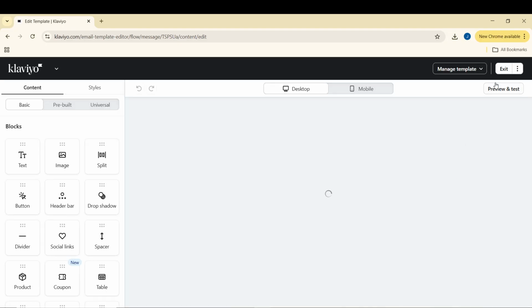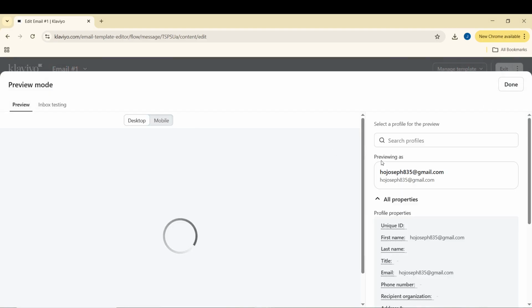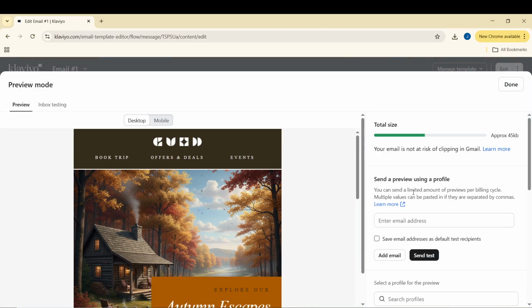In the Preview and Test area, click Preview with a profile. Using a profile preview is helpful because it can populate any dynamic fields that depend on subscriber data. This gives you a more realistic view of what a recipient will see, including any conditional sections you may have added to the email. When you are ready to send the email to yourself for a real inbox check, click